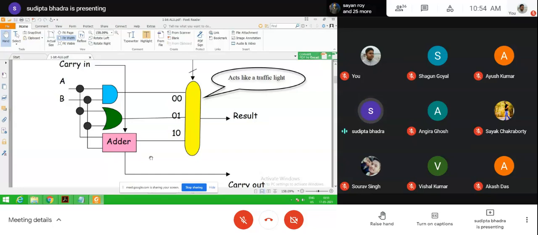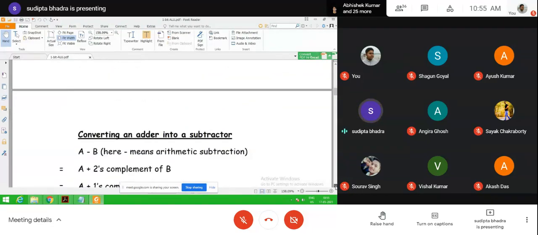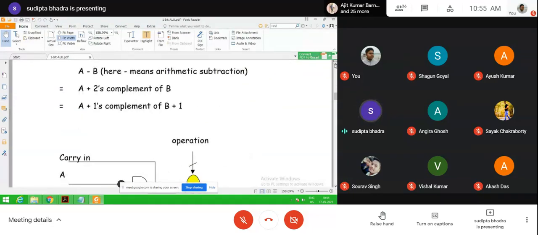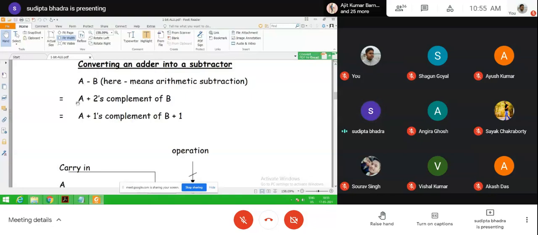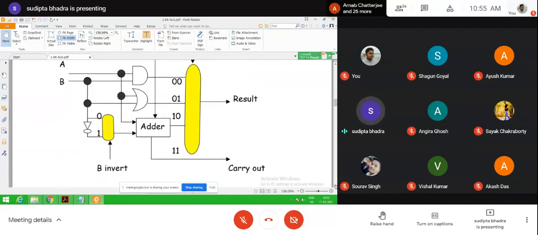Okay. Now in this adder, if we modify the adder part, now here in case of subtraction, what is subtraction? A minus B. That means A plus 2's complement of B. Now that is A plus 1's complement of B plus 1. So here you see that by changing the adder a little bit, in case of subtraction we are going to use 1's complement of B. So we invert B, then B inverted is the input to the adder.